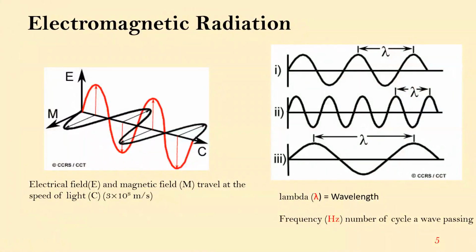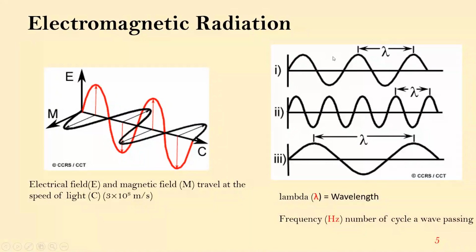One should also have a clear idea of electromagnetic radiation. This is the main source of energy that carries the information about the Earth features, so the understanding of electromagnetic radiation is important. Electromagnetic radiation consists of an electric field and a magnetic field that travel at the speed of light. The electric field varies in magnitude perpendicular to the direction in which the radiation travels, whereas the magnetic field is at right angles to the electric field. Both are traveling at the speed of light.